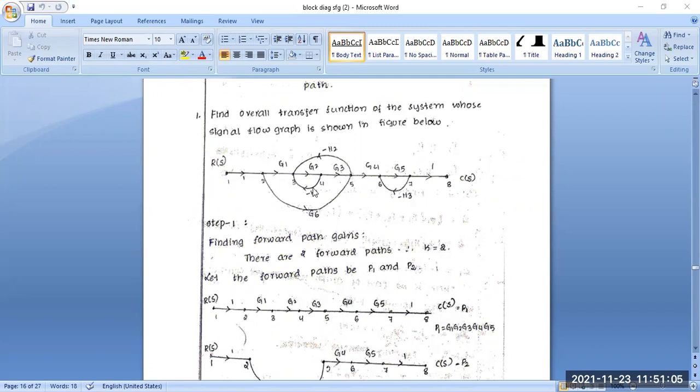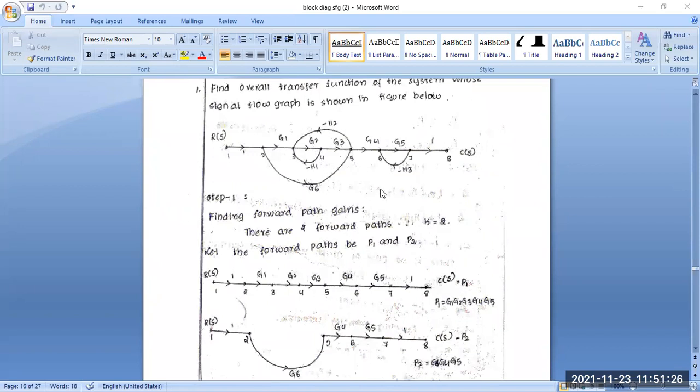So here you can see this is the first example. This type of question is coming: find the overall transfer function of the system whose signal flow graph is shown below. So given this type of diagram, you have to calculate the overall transfer function using the signal flow graph method. First, you have to follow this equation. In this diagram, there are lots of nodes available. This first node, 1, 2, 3, 4, 5, 6, 7, and 8. So 8 nodes are